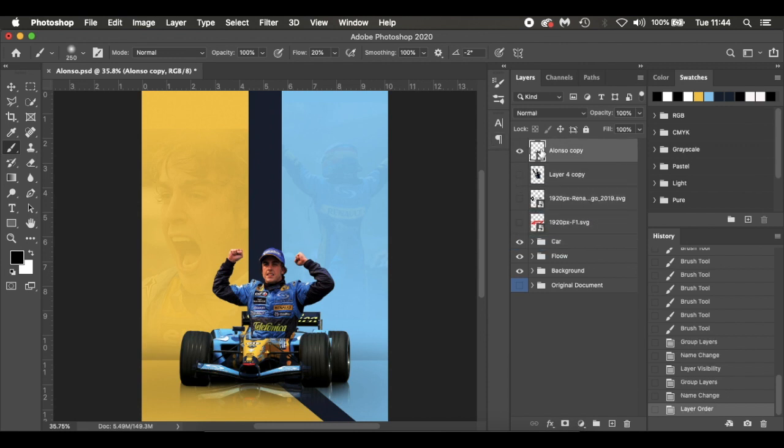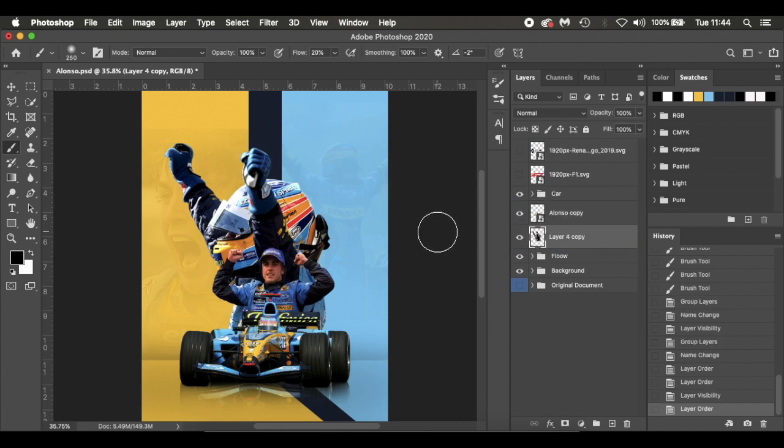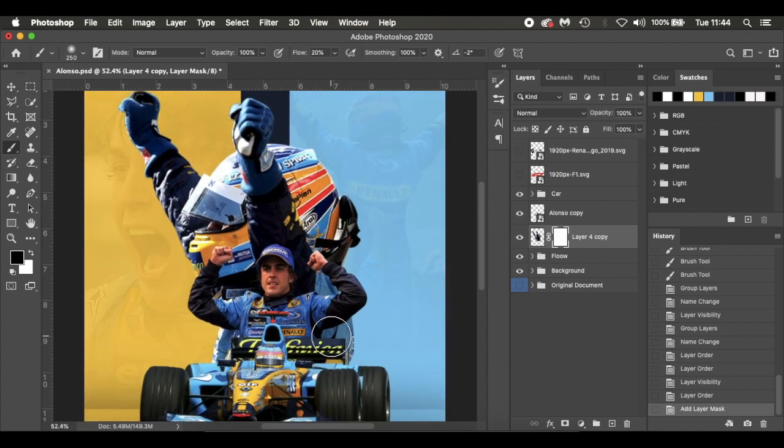Alonso copy, which is from before, I'm going to drag that underneath the car. And he's already positioned there, so I'm happy with that. It's entirely up to you how you want to position him. And then the Fernando copy here, I'm going to drag down underneath the car as well, and also underneath the Alonso copy there, and that's already positioned. Now what you can do with this image here is you can add a layer mask, and because it's already positioned roughly around where you'd like it,